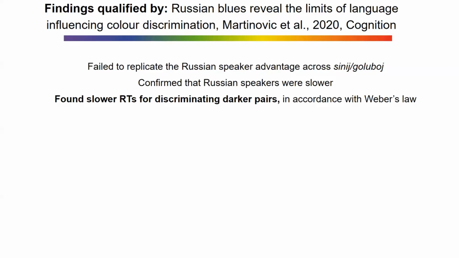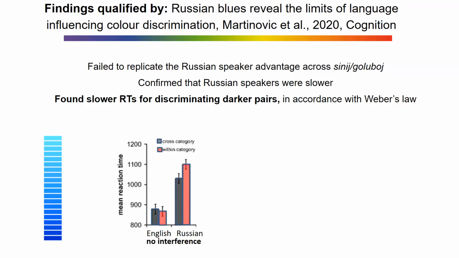Think, in a sense, if I ask you to discriminate 10 grams from 20 grams in each hand, as opposed to 110 versus 120 grams. The second one is much harder. And this got us thinking. If we think about these color samples and the reaction times for English and Russian speakers, and also think about the Witzel study where they actually showed that the within category effect was inflated by slower reaction times for blue.